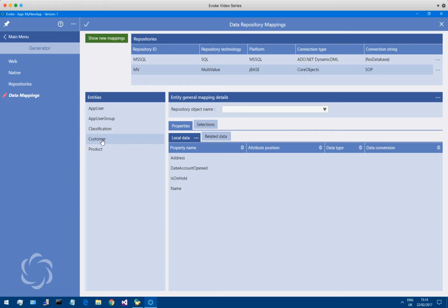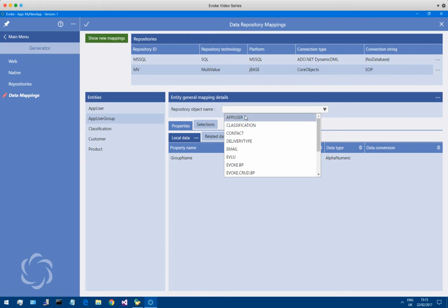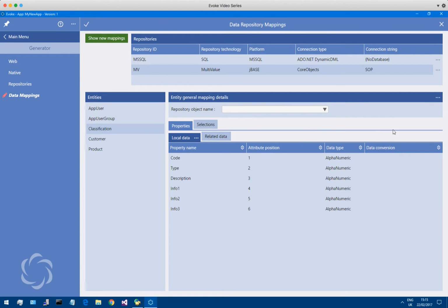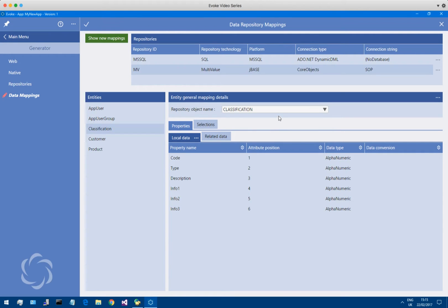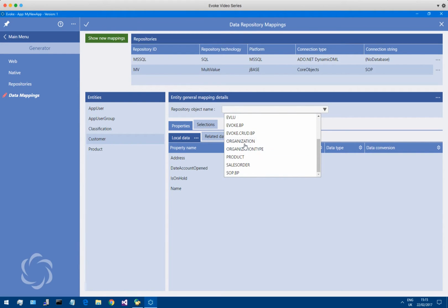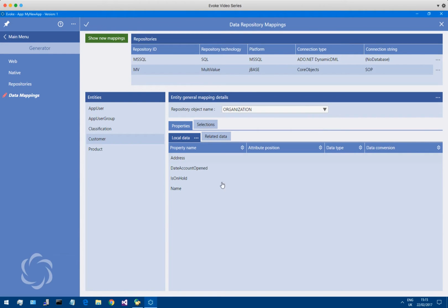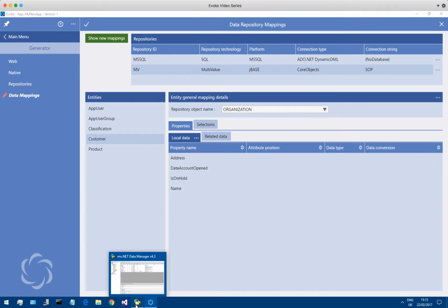The two entities that we've created specifically for this app, what I forgot to do is to choose the repository objects for these two. So I'm going to choose classification as that there. The customer maps onto our organization file. And if we have a quick look at the structure of this one,